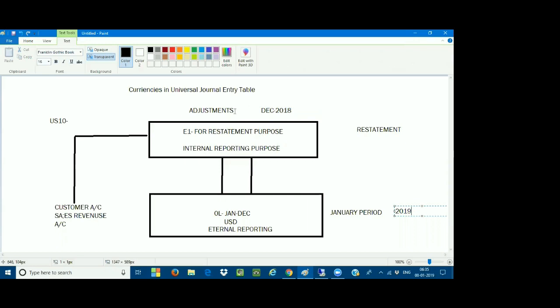Before I display my financial figures, before I complete my financial statements, year-end closing activities are getting completed. So I will also do those year-end closing activities in the E1. But these year-end closing activities impact only the E1 for internal reporting purposes. These adjustments are not getting reflected in my OL. Why? Because if I do these adjustments in the OL, I have to explain to my auditors why I have done this adjustment, what the purpose is, and show the justification. If you don't show the justification, you're going to show the wrong report to your auditors.